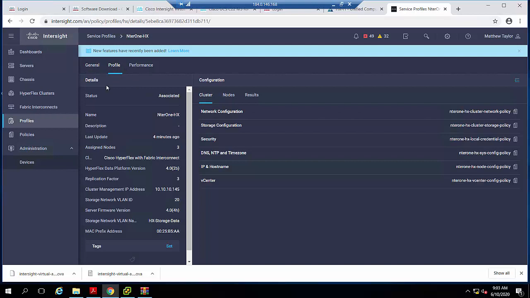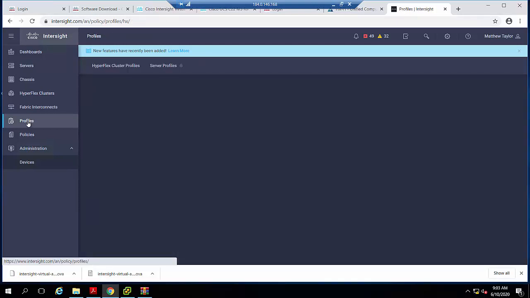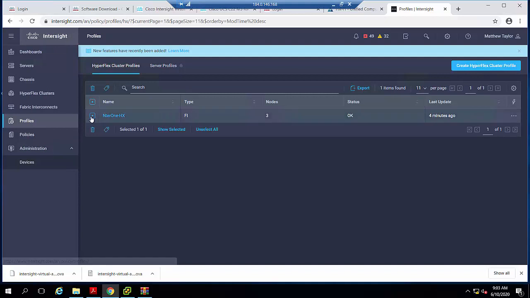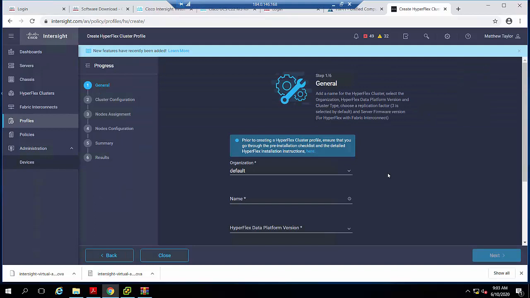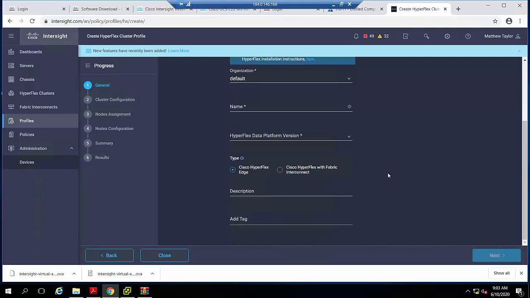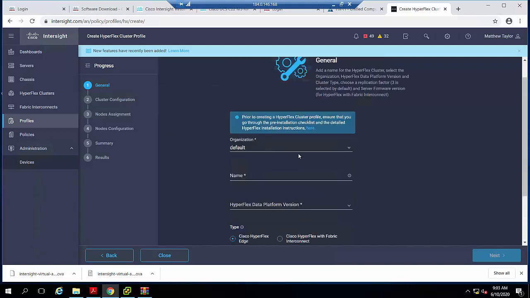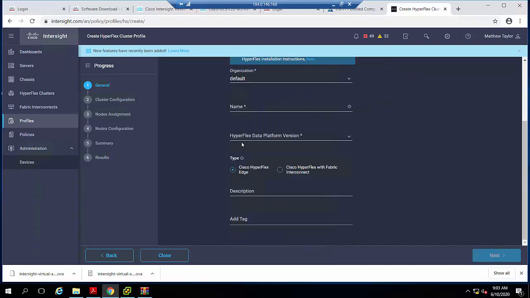So there's my profile. Let me go back over here, and then I will click on Inter1HX. If I wanted to, I could walk through and create a new HyperFlex cluster profile, which will walk me through the entire process. It will determine what organization I'm going to put it in, what name, and the HyperFlex Data Platform version. You can see there are multiple platform versions we can choose, so it will copy all the software down. We can also do HyperFlex Edge, and we can do HyperFlex Edge with Fabric Interconnect, which is what I'm going